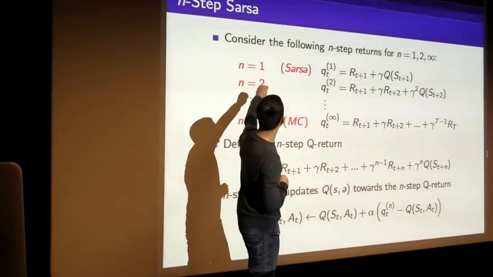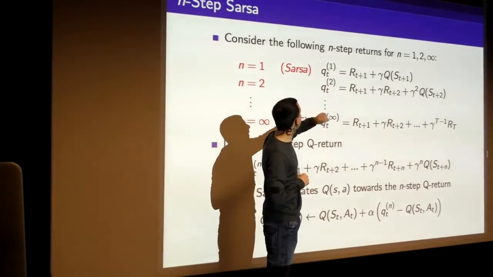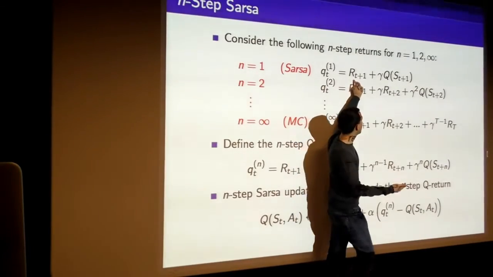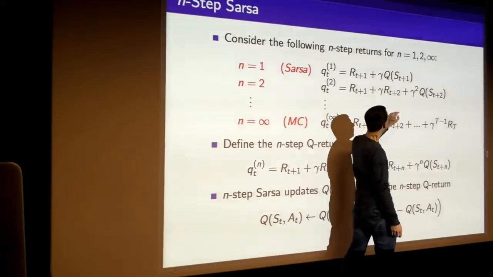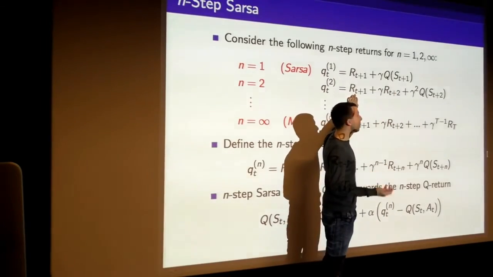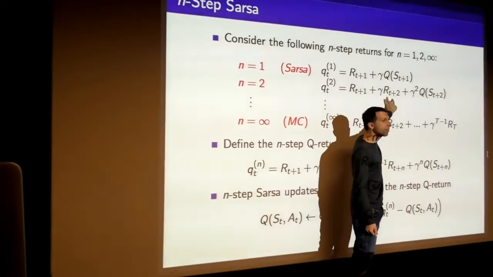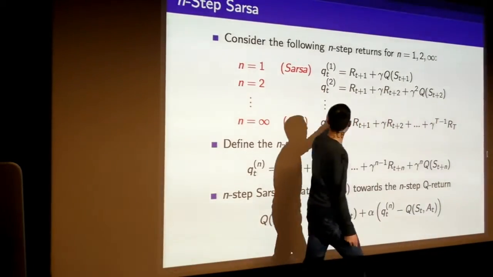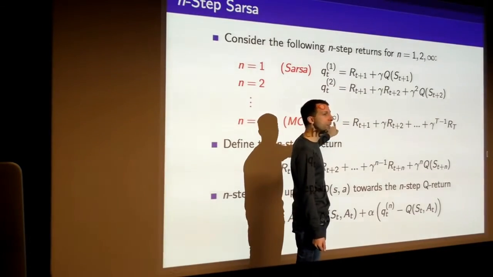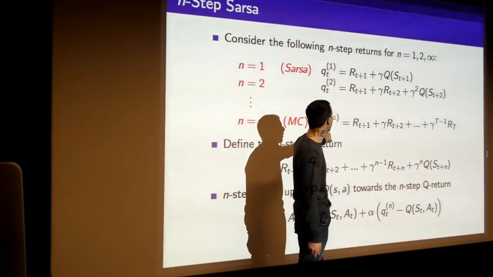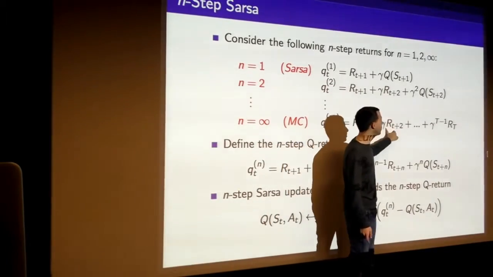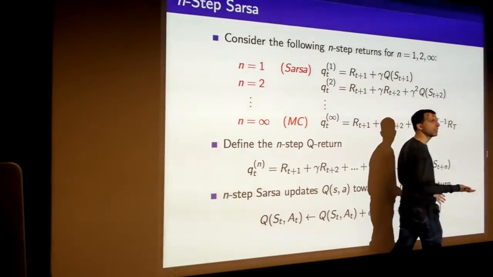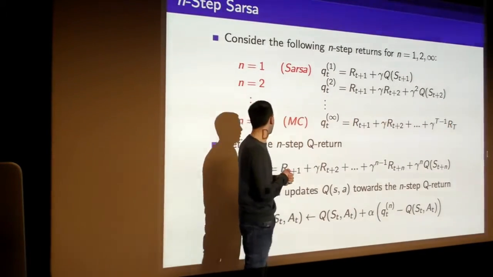What we're going to do is consider these returns, which are basically the one-step return: 1 step of real reward and then our Q value after 1 step. But we could also use the 2-step return. We could look at 1 step of reward here, a 2nd step of reward here, and then look at our Q value after 2 steps. Or we could do that for any number of steps all the way down to infinity, which is essentially Monte Carlo, where we look at the reward after 1 step, reward after 2 steps, all the way until the end of the episode, and we never bootstrap from our value function. Okay, so that was the idea of these n-step returns.